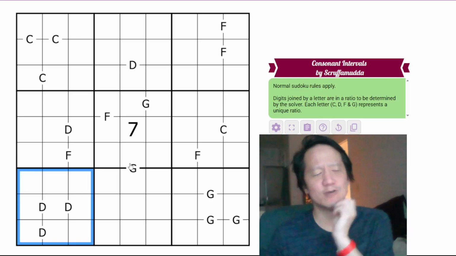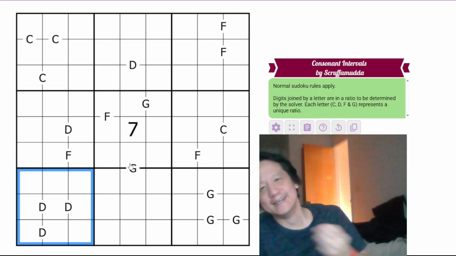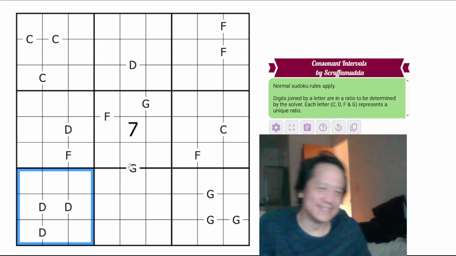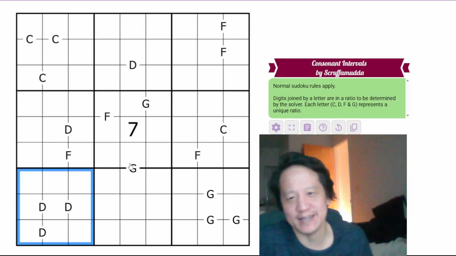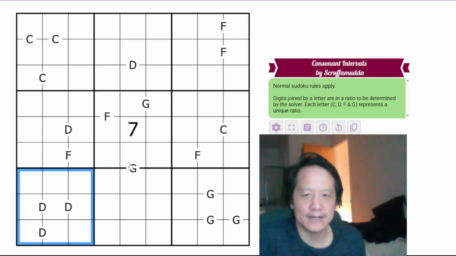I wonder why he skips B, though. I don't know. B is a consonant also, but it just got completely removed or ignored. Anyways,